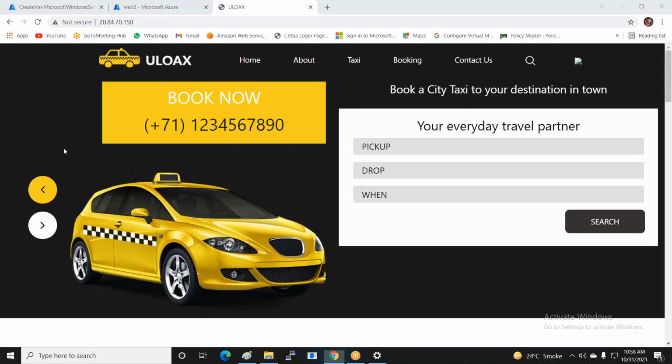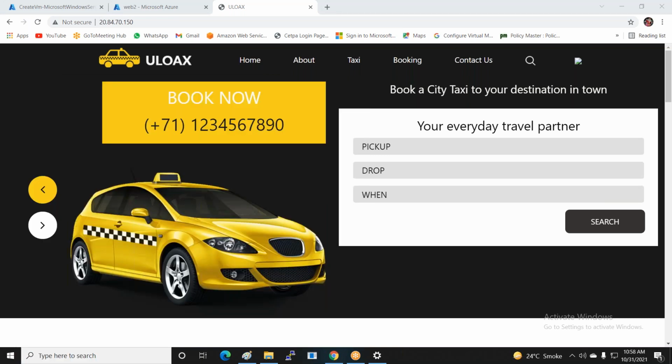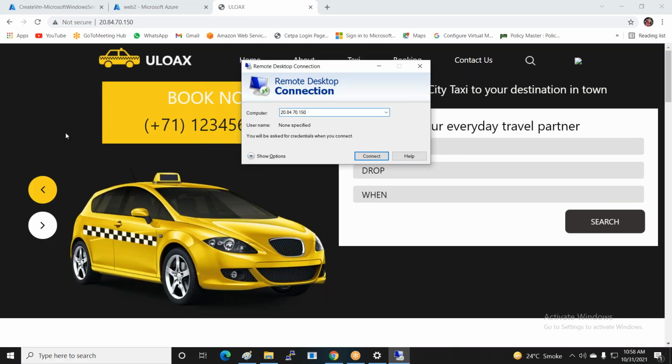Now I go to the remote desktop. Control V and then click on connect.